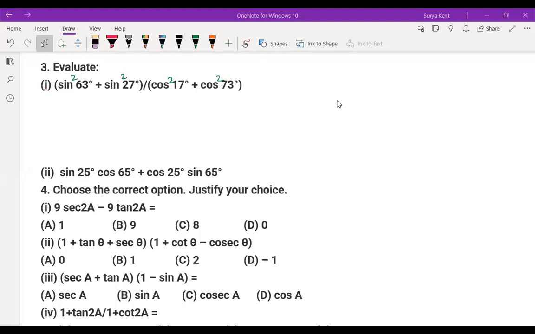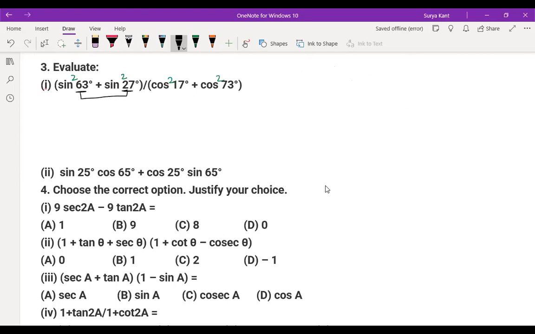So see, this is a concept of complementary angles. Okay. So complementary angles, we know that sine 90 minus theta is equal to cos theta. And children, if you do a square also, no problem at all. You can write this also. Sine square 90 minus theta is equal to cos square theta. You can write it this way also. Is it clear to everyone what I'm writing here? If complement of sine theta is cos theta, if you do a square on both sides, that's not a problem. Okay. So here, if you add this both, you will get 90.